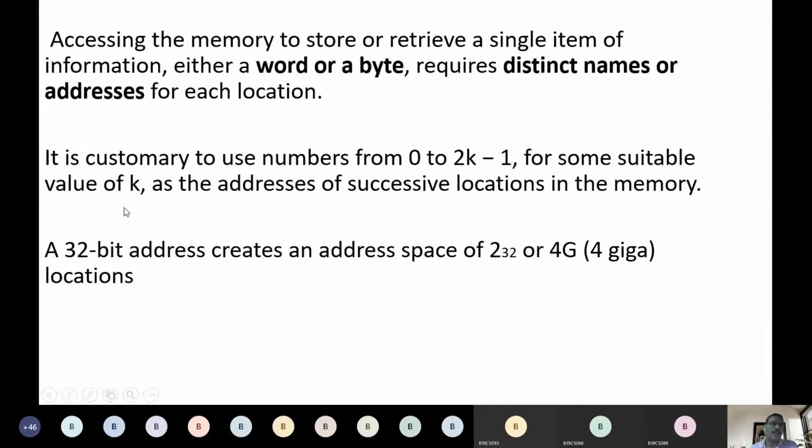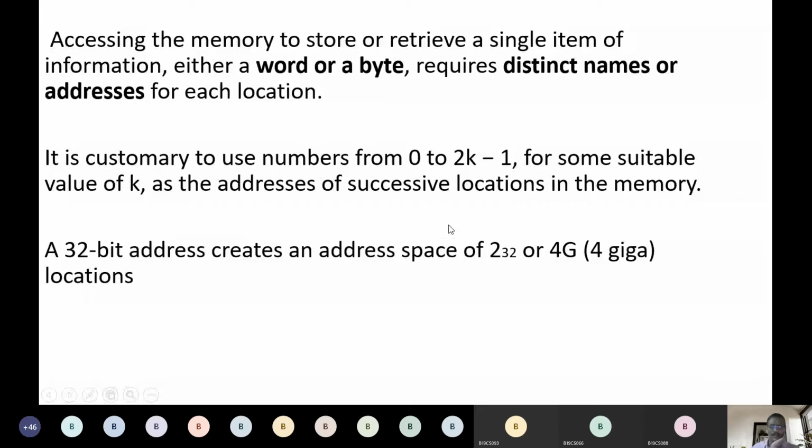For example, instead of 32 bits, suppose I have only 2 bits. How many combinations are possible? It is 2 to the power of 2. Check the combinations possible for a 2-bit address: 0 0 is one combination, 0 1 is one, 1 0 is one, 1 1 is one. That is how we get these 4 combinations, 2 to the power of 2. Similarly, with a 3-bit address, how many combinations are possible? 2 to the power of 3. With a 32-bit address, 2 to the power of 32. Why is it minus 1? Because we are starting from 0.